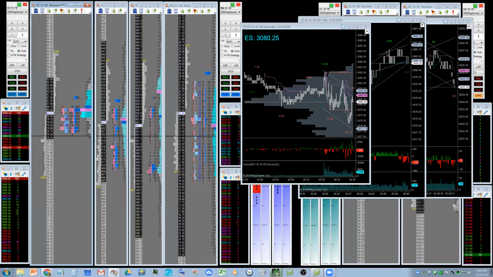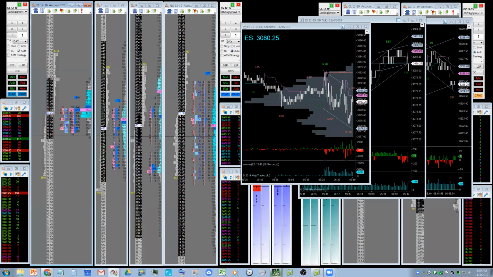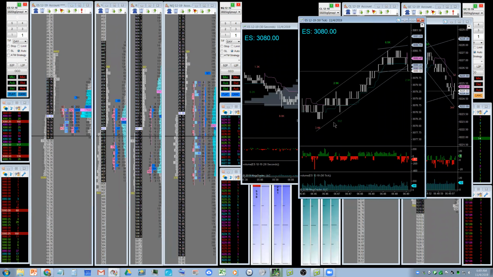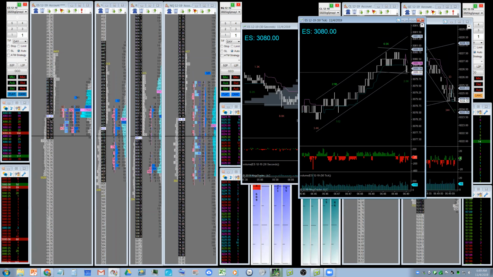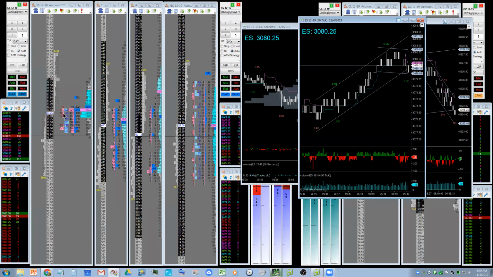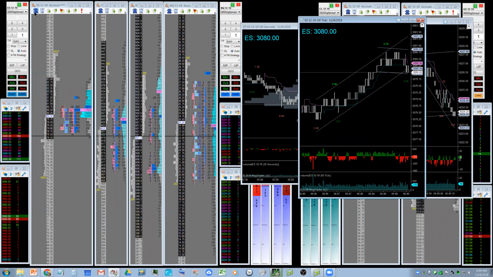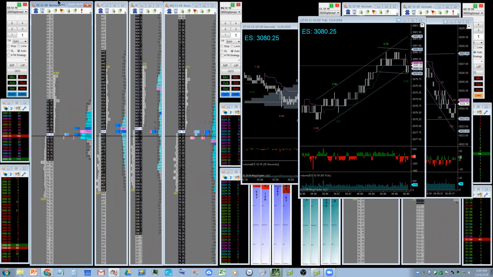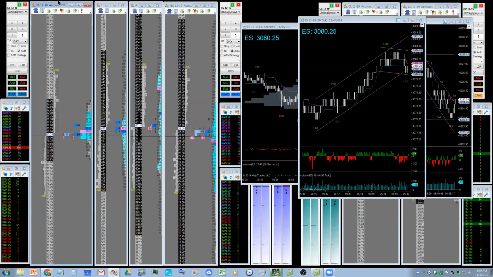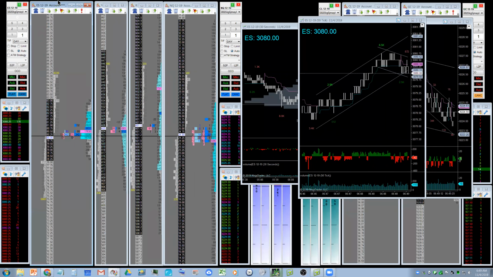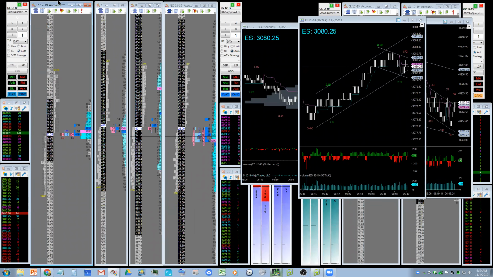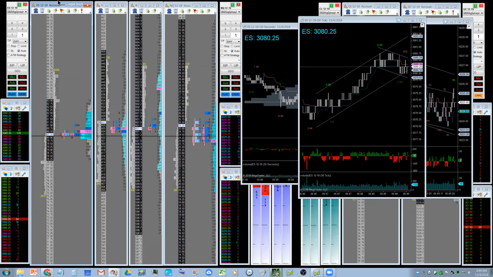Okay, so you can kind of see the really fast tick charts are showing that we got that reversal in momentum, but we're talking about a point here, guys. The entire range is only 2 and 3 points. Even a world-class scalper would have trouble pulling money out of this now. Later on, when it's churning up here, that's what I was talking about, where you can scalp a tape like that all day long. But you can't scalp a tape like this because it just literally is churning in such a tight range.